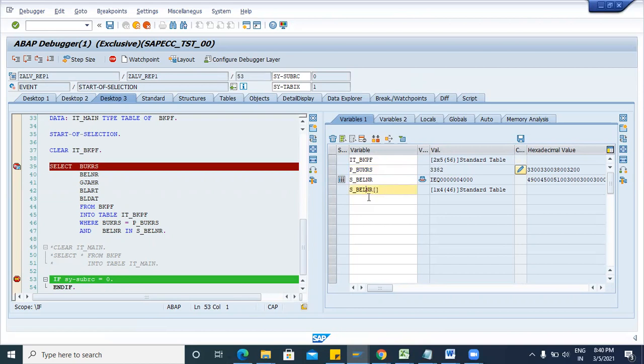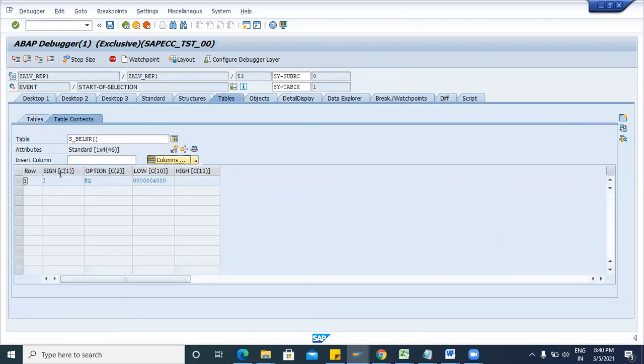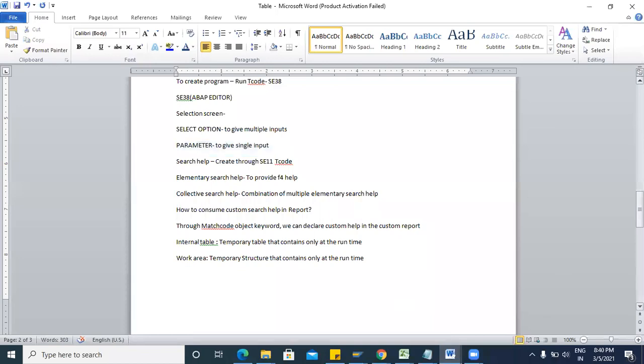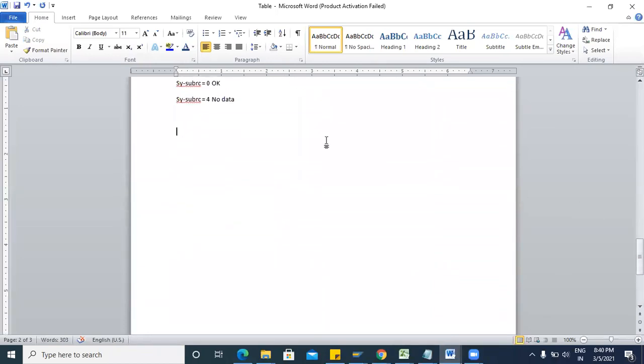This is an internal table, because select option is an internal table that contains the fields sign, option, low or high. So this is the inbuilt format of select option.